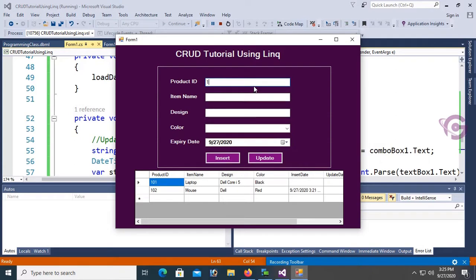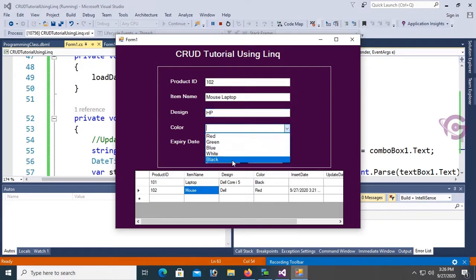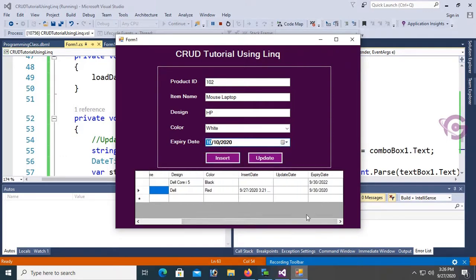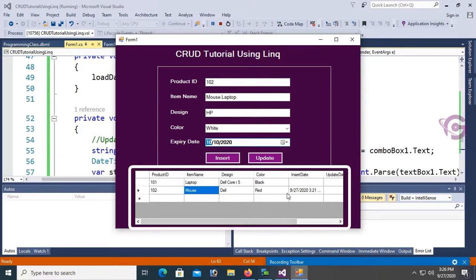Put product ID 102, item name mouse. Okay, fine, right now it's a mouse. Now I'm going to update it to mouse left off, and design from HP to Dell, and color from red to white, and expiry date 10th October 2020. Just click on update. Successfully updated, and the result is also displaying in the data grid instantly,